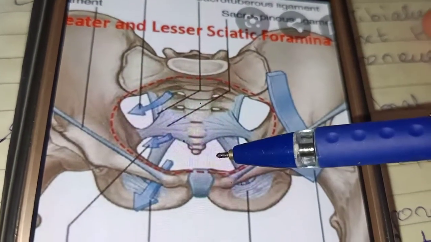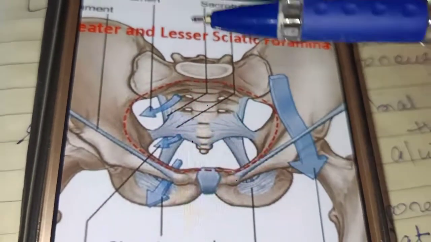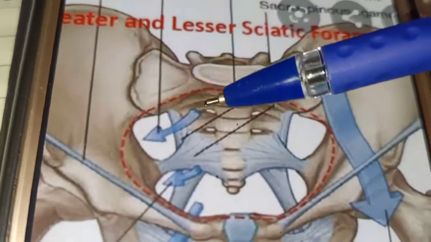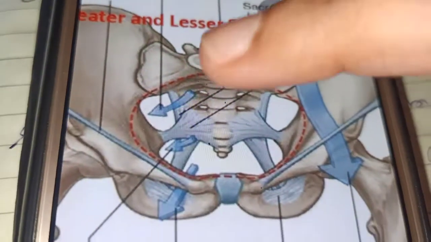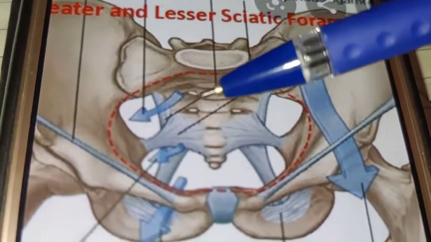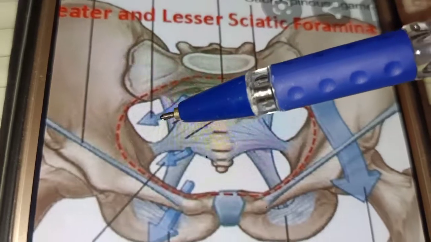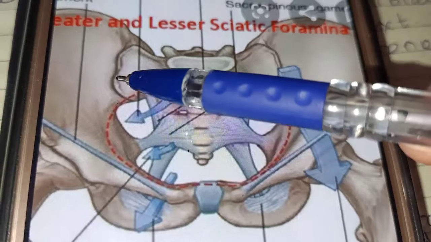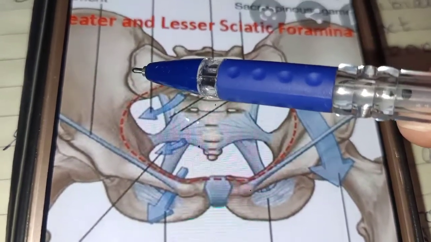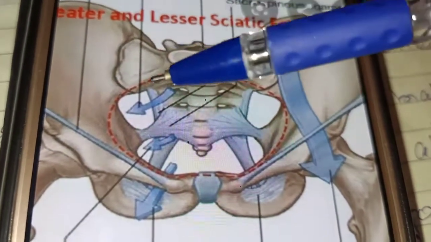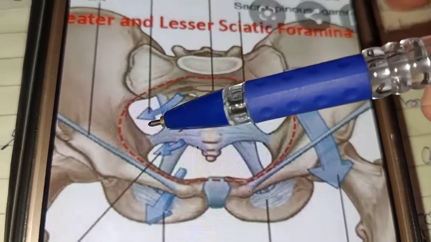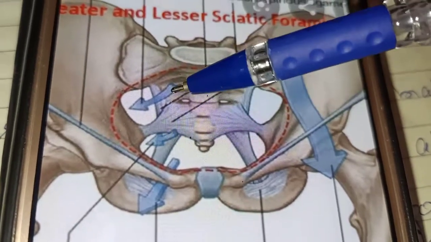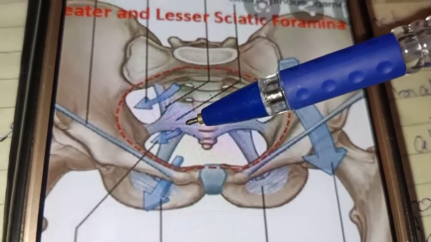So what is the route? The nerves arising from the sacral plexus leave the greater sciatic foramina and go to the gluteal region, above the piriformis or below the piriformis. The next course is they remain in the pelvic area and supply the pelvic muscles, the pelvic organs